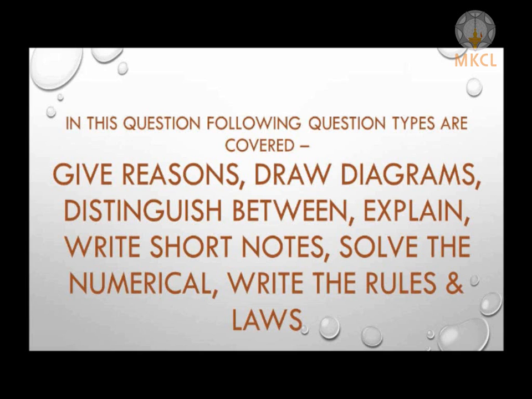Just take an example of the first question, that is give scientific reason. Always remember that this scientific reason answer should be divided into 3 categories: principle, explanation and conclusion. For example, the question is: give scientific reason. During electrolytic reduction of alumina, the anodes have to be replaced from time to time. Now how should the answer be? First, reduction means removal of oxygen and alumina is Al2O3, that is aluminum oxide. Here we are removing the oxygen from aluminum oxide.